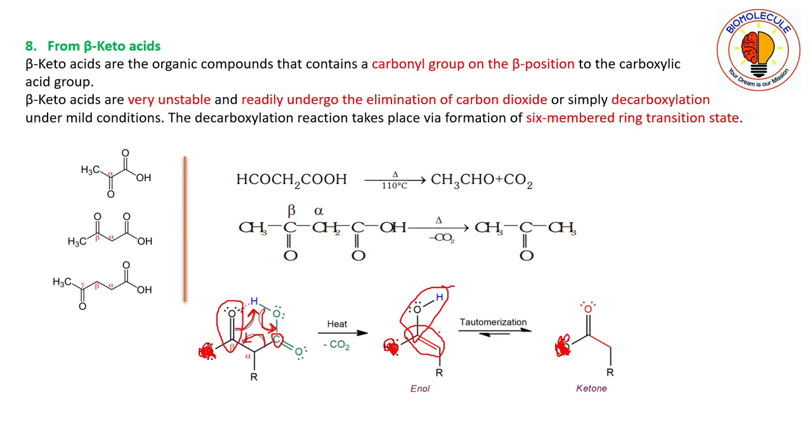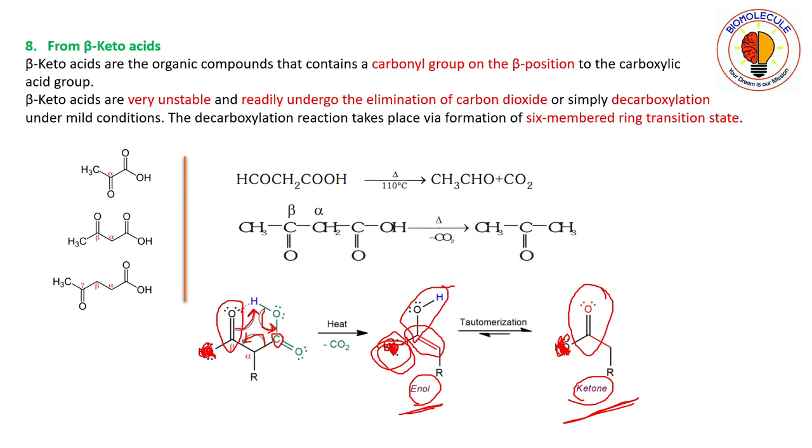Now this enol form tautomerizes to its corresponding carbonyl form. If this group is hydrogen we will get an aldehyde; if it is alkyl or aryl then we will end up with a ketone. Why does this enol form readily tautomerize to its carbonyl form, that is the keto or aldehydic form? It is simply because